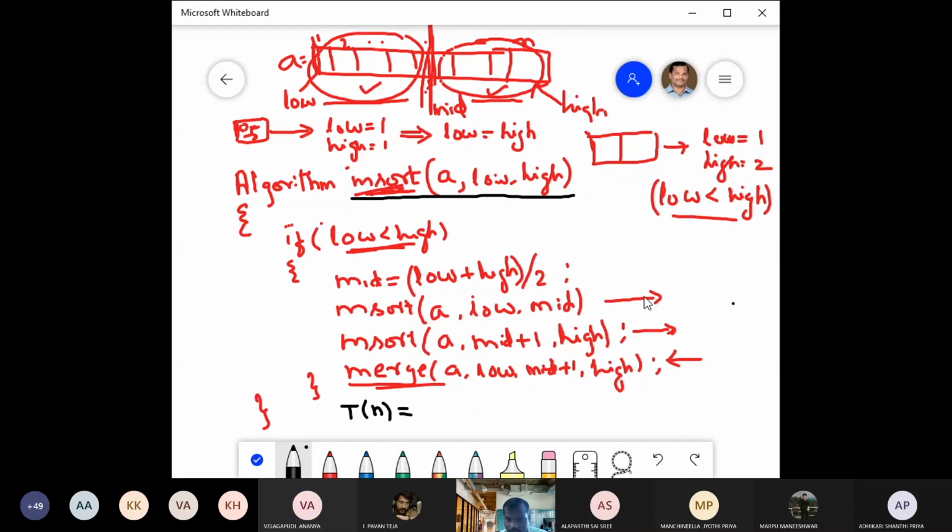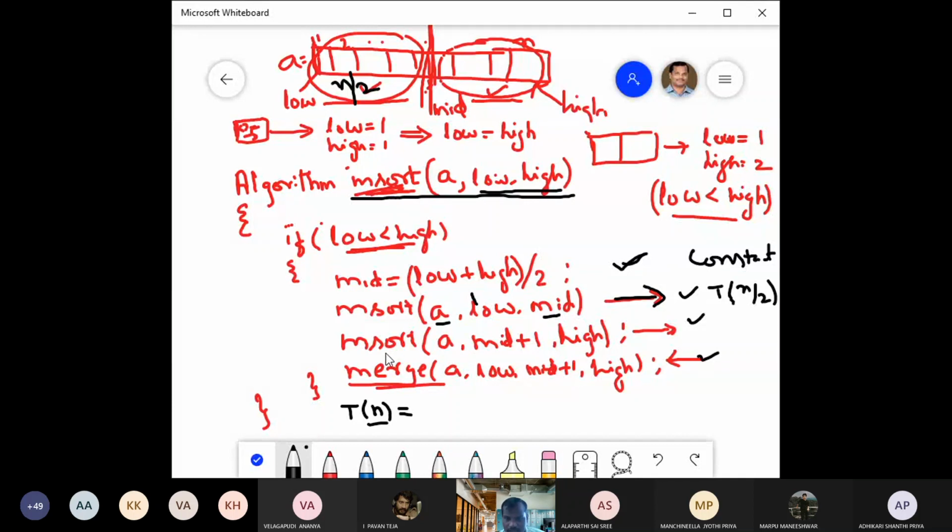This will be done by dividing, sorting 2 sublists and merging. You see this dividing will take constant time. This is one step, it will take constant time. Similarly, how much time is required for this first m sort, A, low, mid? What is the size of this? The size is the first half size. This is n by 2, right? When n elements are there, it will take T of n time. So here you are sorting n by 2 elements. So the time required is T of n by 2.